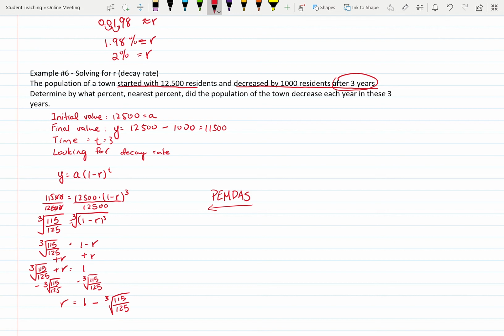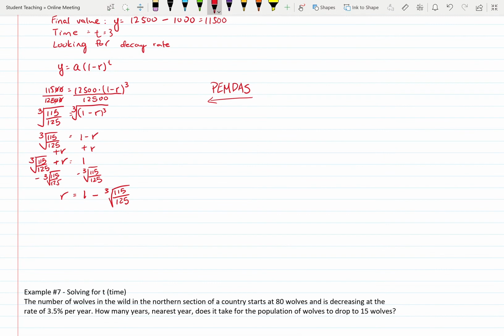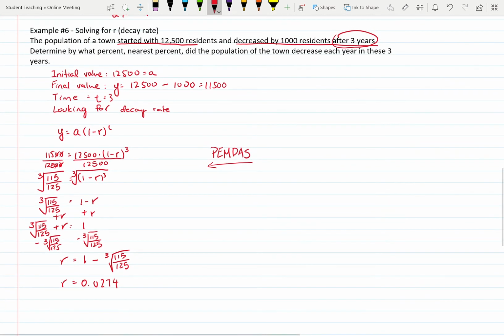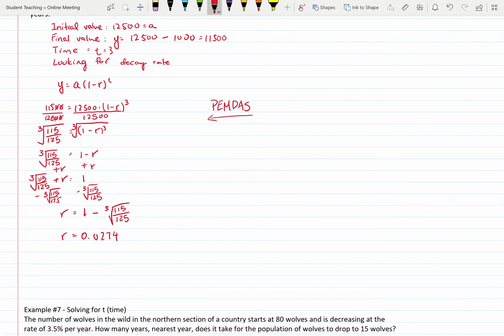of 115 over 125, which is equal to 0.0274. Again, the problem is asking us to put that into percent form. So we will convert that into percent by moving the decimal point 2 places to the right. That gives us 2.74%, which is roughly